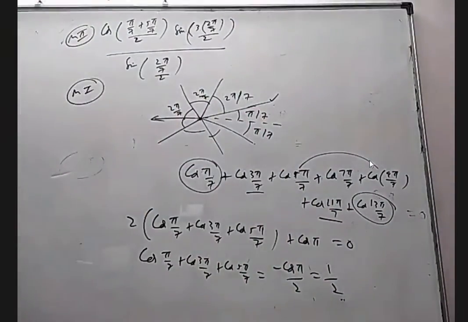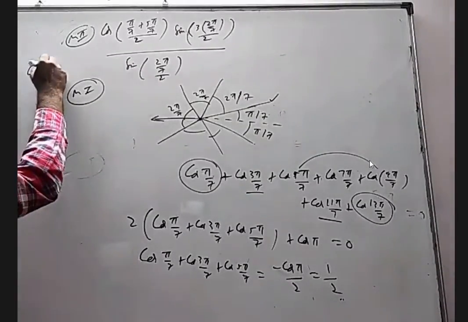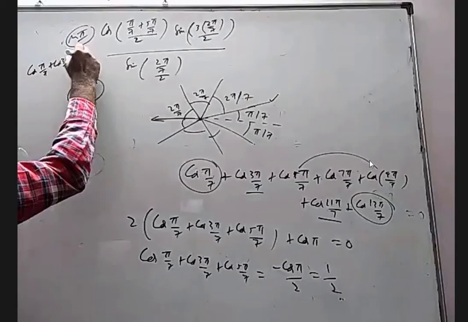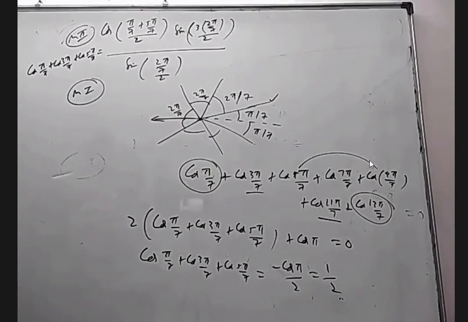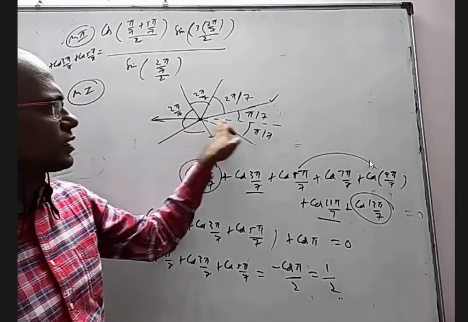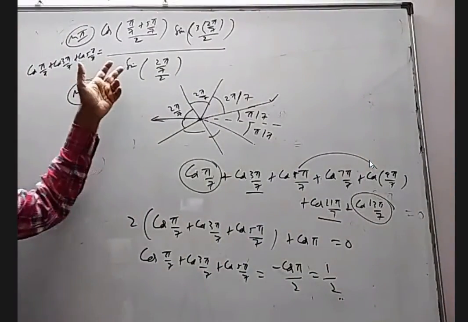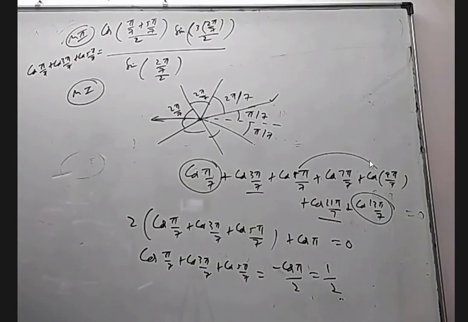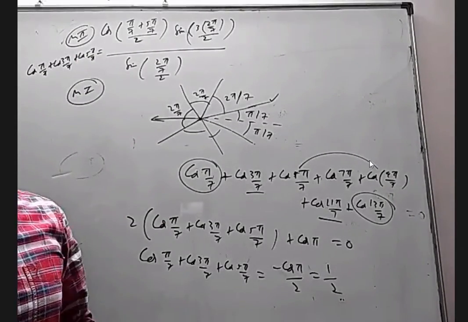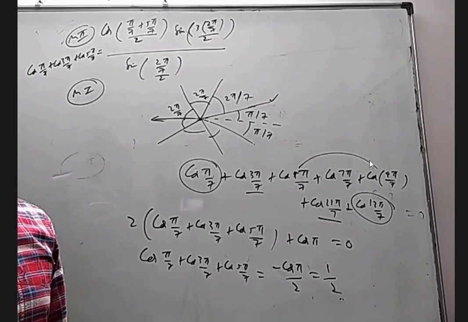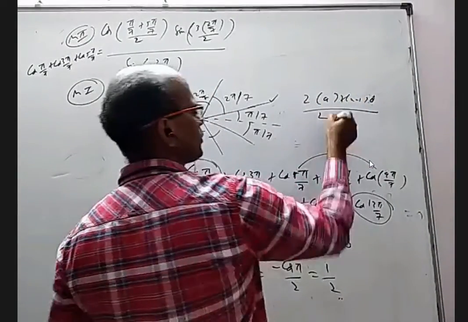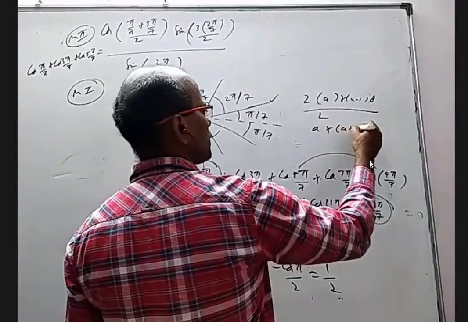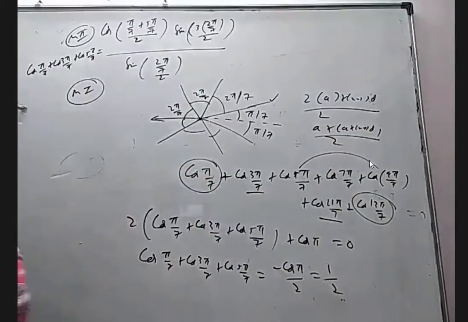Okay, I erase the question. Yes, please. Sir, it will be cos 2 pi by 7, right? Where cos 2 pi by 7? Sir, in the first step. In the second method, 2a plus n minus 1 d. No, instead of that, I am using first term plus last term every time. I am not writing 2 into a plus n minus 1 into common difference by 2. I am writing a plus n minus 1 into d by 2. Either way is okay, the same thing will come at the end.